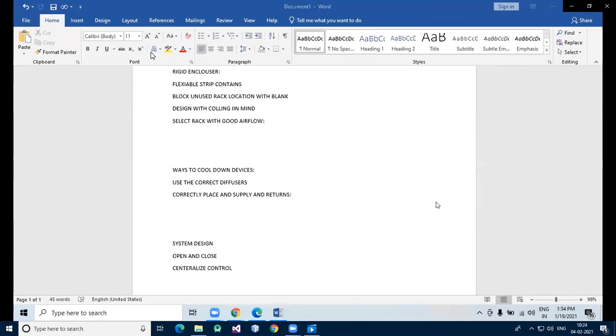So where we are is data center design, centralized control. When designing your cooling plan, it's best to employ a custom centralized air handling system.